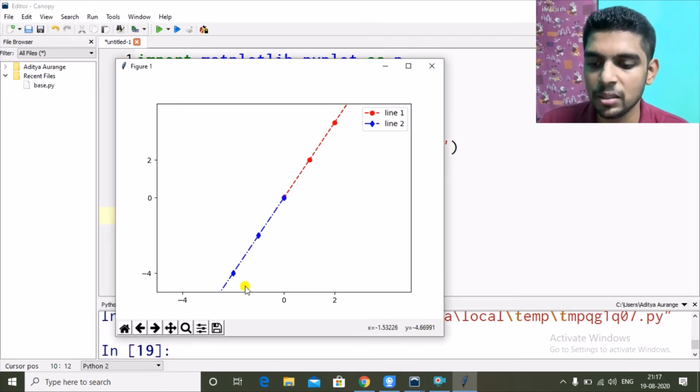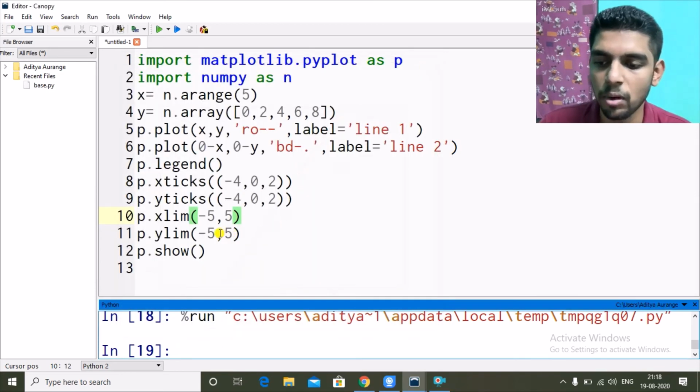So the x-axis is from -4 to 4, so we are seeing the complete x range, but the y range is from -8 to +8, so there the graph is cut a little bit. Okay, so that was x-ticks, y-ticks, x limit, y limit, and the legend property.